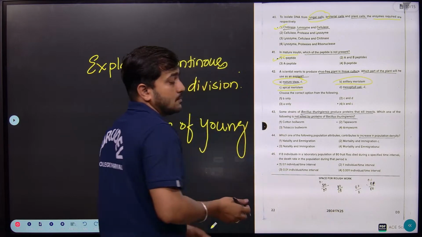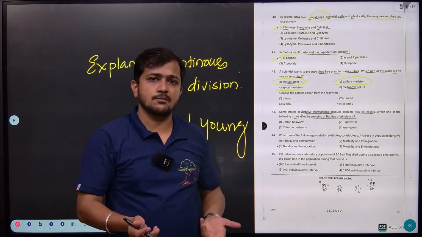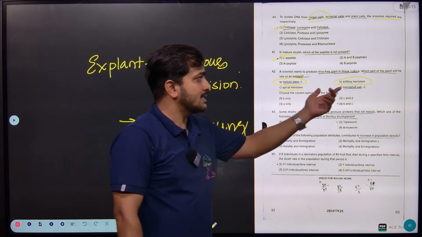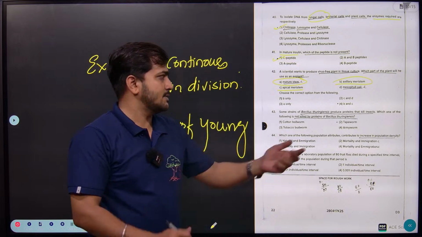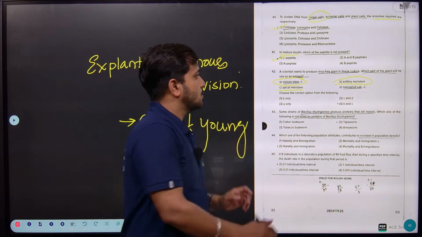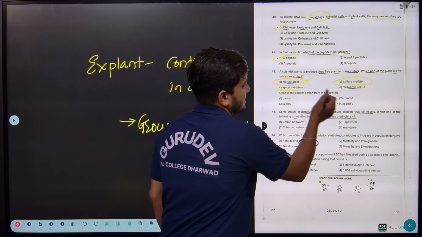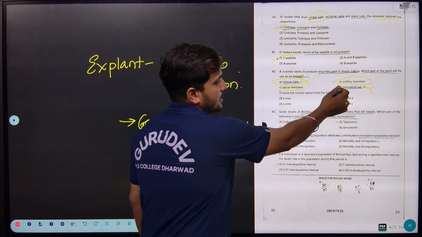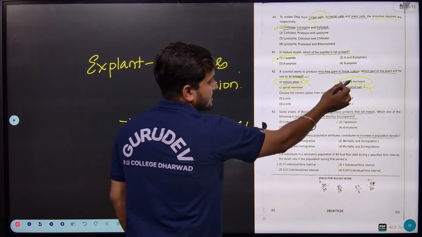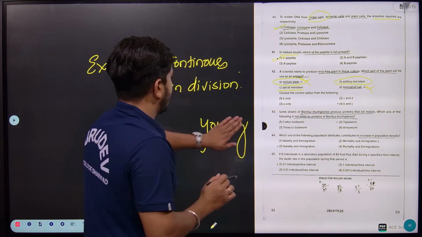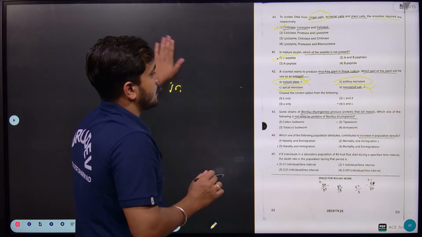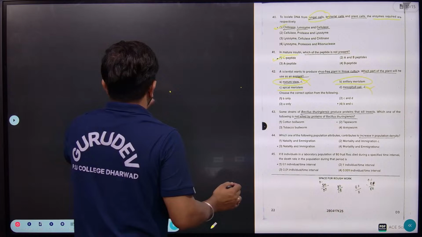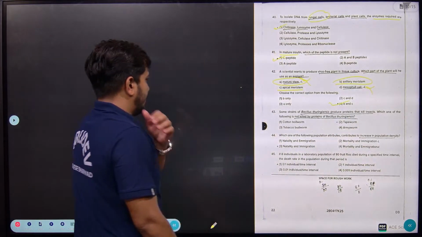Then apical meristem, which is present at the tip of the root and the tip of the shoot. There also we will find continuously dividing cells. The next is mesophyll cells. A well developed leaf itself has mesophyll cells. So here it is not the mature stem, and not the mesophyll cells. So here the answer is axillary meristem and apical meristem, which he is going to choose. So here B and C are correct, the fourth option is correct.